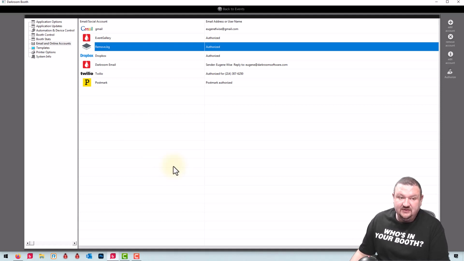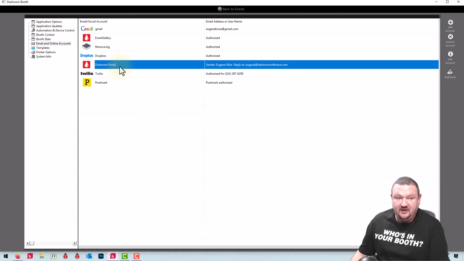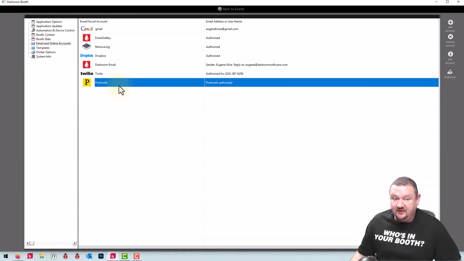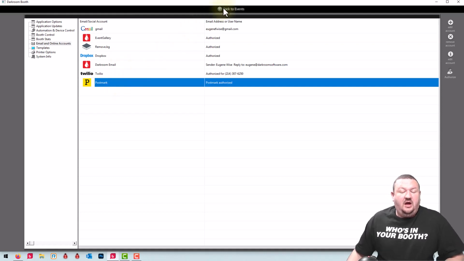First thing I would do is, for basic users just to test out, Darkroom email, but adding Event Gallery is probably the best thing you can do. And if you want to look professional and send email, Postmark. Okay,